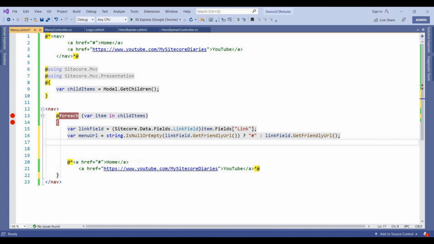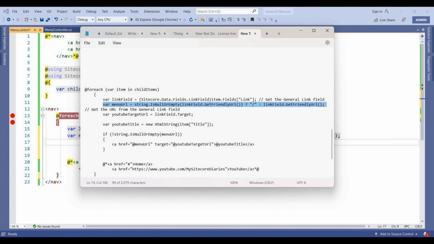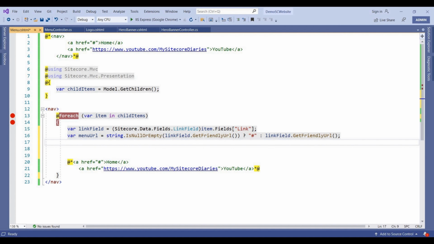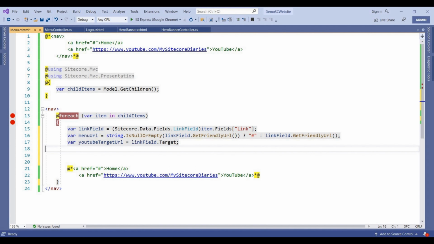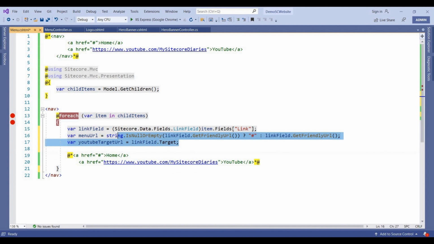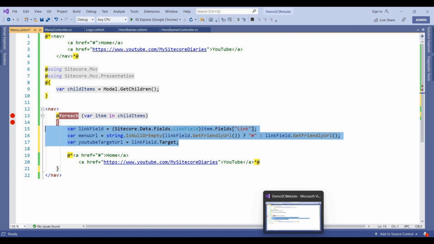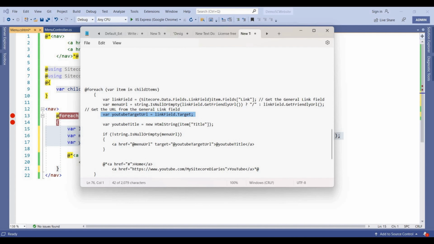The other thing which we will need is the target. So for target, link field dot target will give you the YouTube URL. This is how you will get the link values. Now what we will do is we will get the